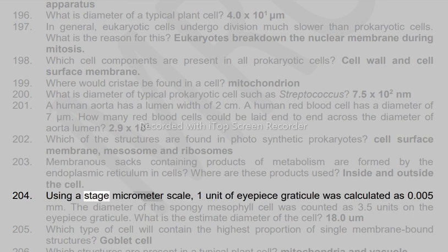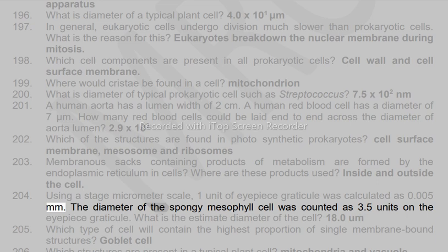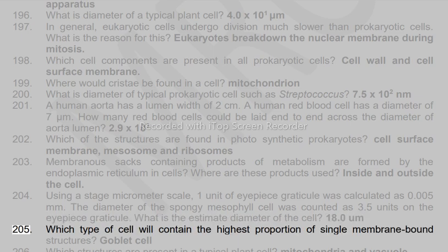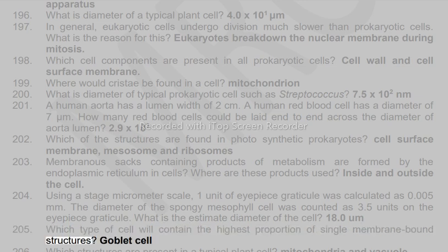204. Using a stage micrometer scale, 1 unit of eyepiece graticule was calculated as 0.005 mm. The diameter of the spongy mesophyll cell was counted as 3.5 units on the eyepiece graticule. What is the estimate diameter of the cell? 18.0